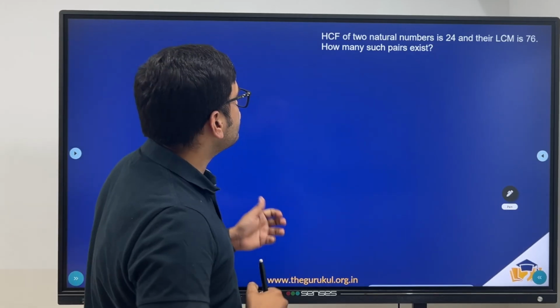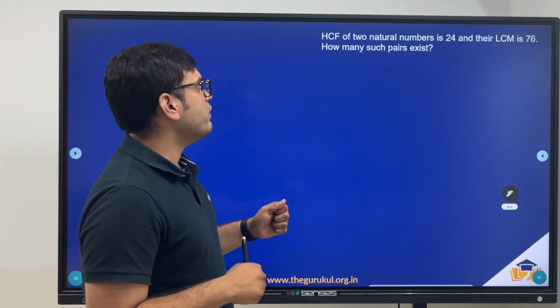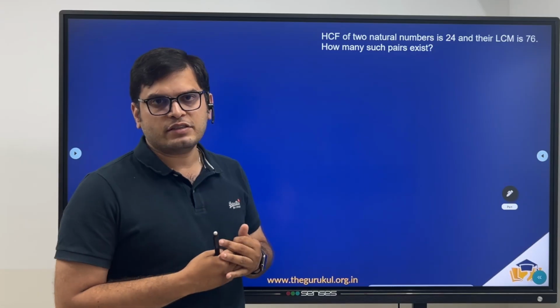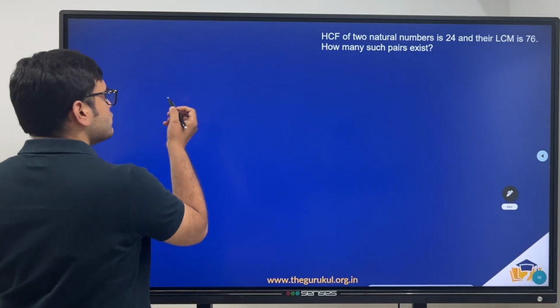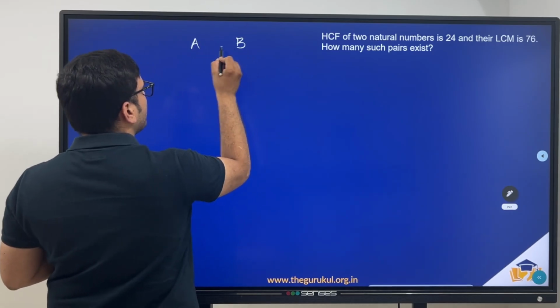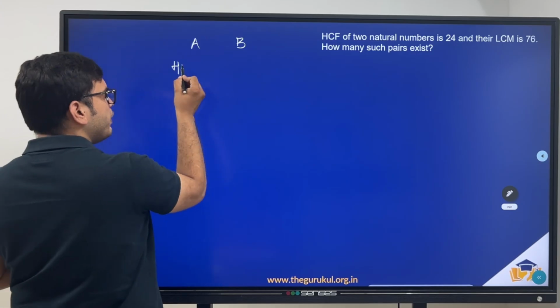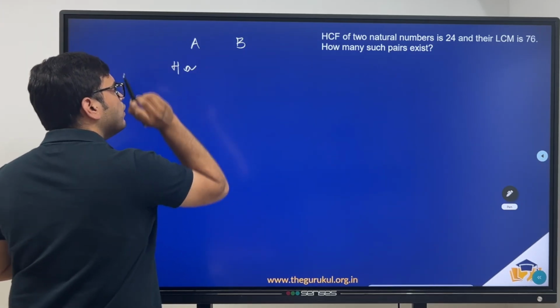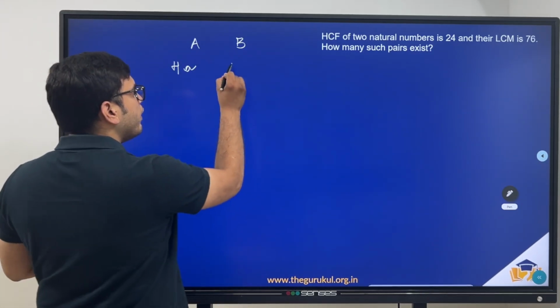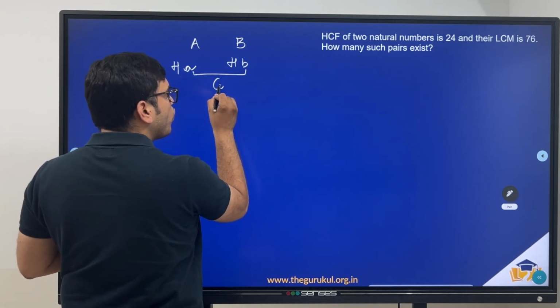Now coming to the first question, HCF of two natural numbers is 24 and their LCM is 76. How many such pairs exist? Right. So let me consider two numbers to be A and B, and let the HCF of these two numbers be H. So let me write A as H into a and B as H into b, where a and b are co-primes to each other,